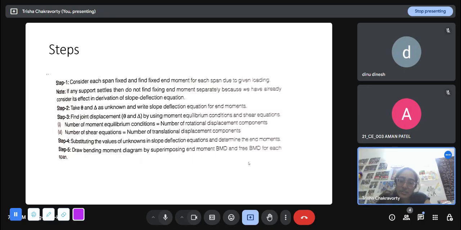Note that if any support settles, then we do not find the fixed end moments separately because we already have to consider its effect in derivation of slope deflection method. Step 2 is we will take theta and delta as unknown because we don't know that, right? It's an indeterminate structure. We cannot find out. We don't know the rotations and deflections. So we are going to take the theta and delta as unknown and write slope deflection equations for end moments